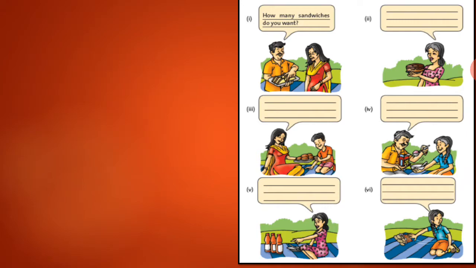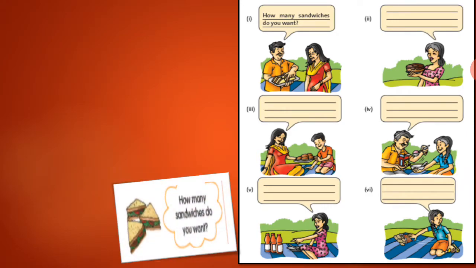One of the exercises in your English practice book gives us some pictures. One picture is of this type. It is on one page, and there are some clues also. You have to match the correct one. Okay, beta? So you can see some dialogues are there. We have to match the correct dialogue with each picture.